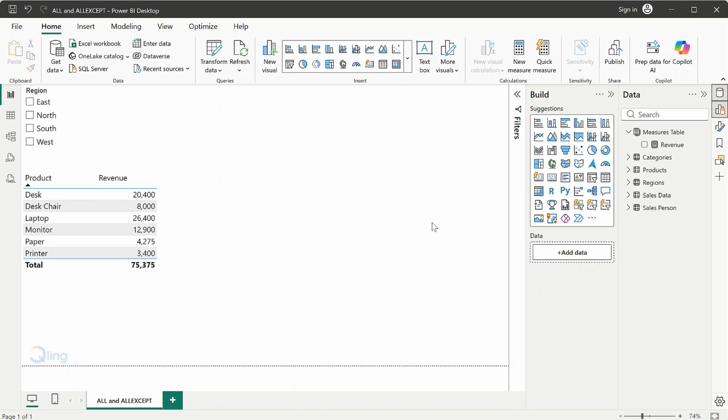Let's first create a measure that will display the total sales for each row. Measures tend to automatically take the row context and display the values relevant to the row. That is what is happening with the measure revenue. We now need to create a measure that will not filter based on the row context. For that, we will use the all filter. All returns all the rows in a table or the values in a column, ignoring any filters that might have been applied. Let's write the measure